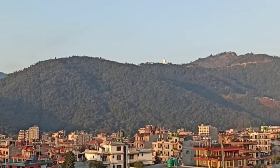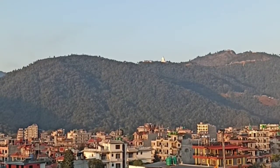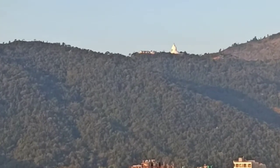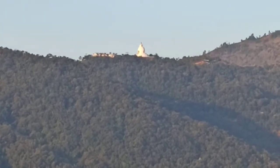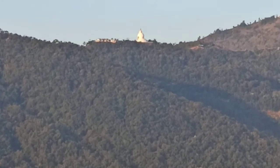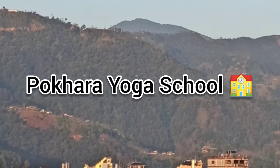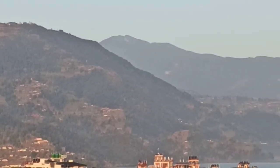Hello and good morning everyone. Today we are at the rooftop of Mantra Yoga Meditation School Nepal, and what you can see, the World Peace Pagoda. Here you see that the stupa where people go and experience the peace. Now you see the entire surrounding from the school rooftop. You can see the lake,